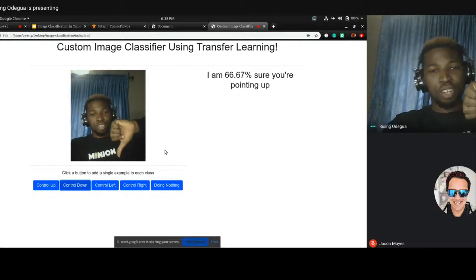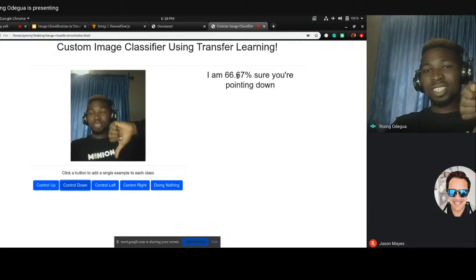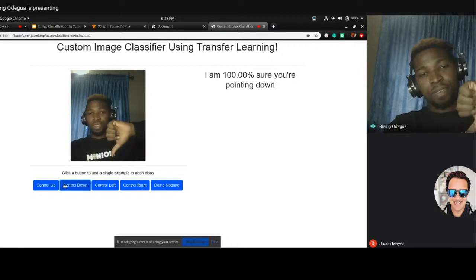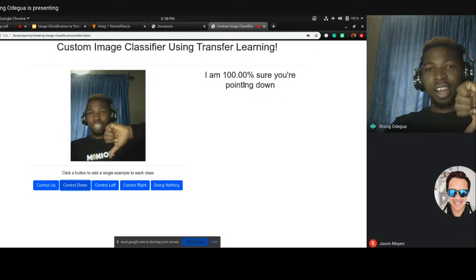So if I add more examples, you can see it has gone to pointing down 66%, but it is still not too sure because the training examples are too few. So if I add another example, you can see with just 4 examples, I now have 100% accuracy in prediction. I'll be able to differentiate between up, this is up, and down.